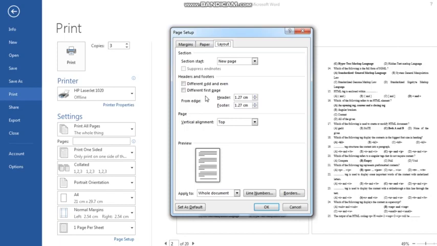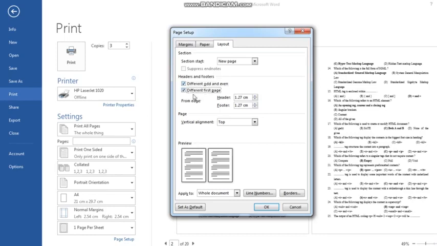Another thing, if you observe your textbook, now I am coming to the topic, listen carefully. If you observe your textbook, then on the bottom side of your page, on the left hand side page, your textbook name and page numbers will be printed, while on your right hand side page, the name of the chapter and page numbers will be printed. So that you can adjust from here: different odd and even. Left hand side page we consider odd and right hand side we consider even, for example. Then that you can adjust from here.